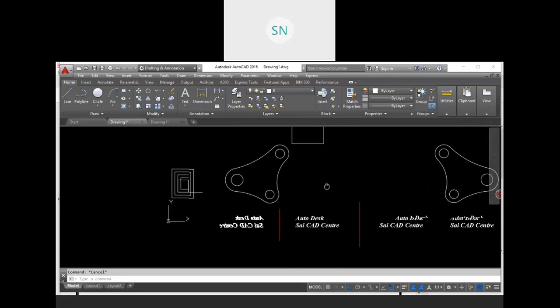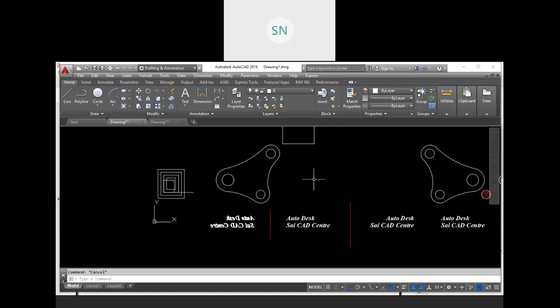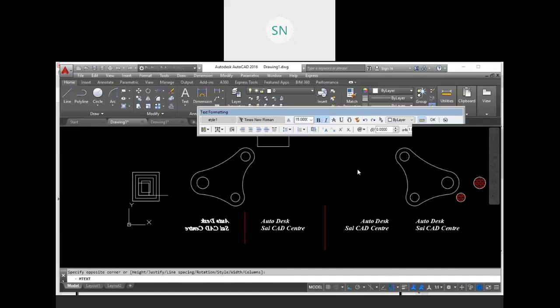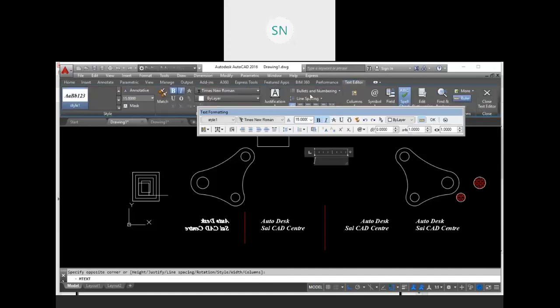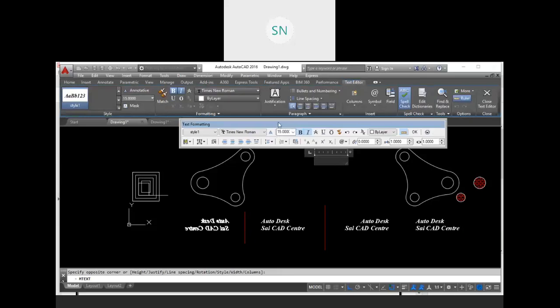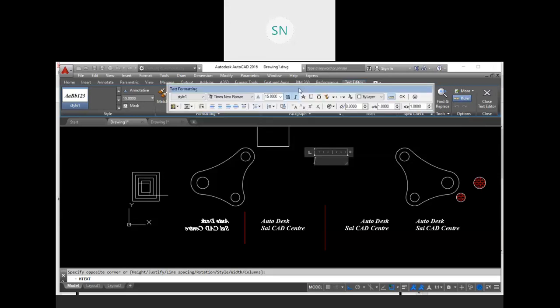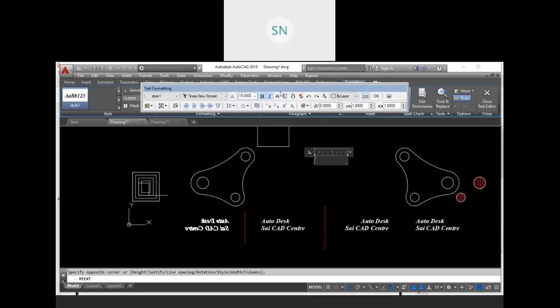Then next we discussed text, where we covered two types of text, simple text and multi-line text. In multi-line text we get a text formatting dialog box, which is almost similar to our WordPad environment. If you don't like these options, we have a ribbon bar also. You will get all the options over here, but this format is familiar from WordPad. That's why I'm using this.